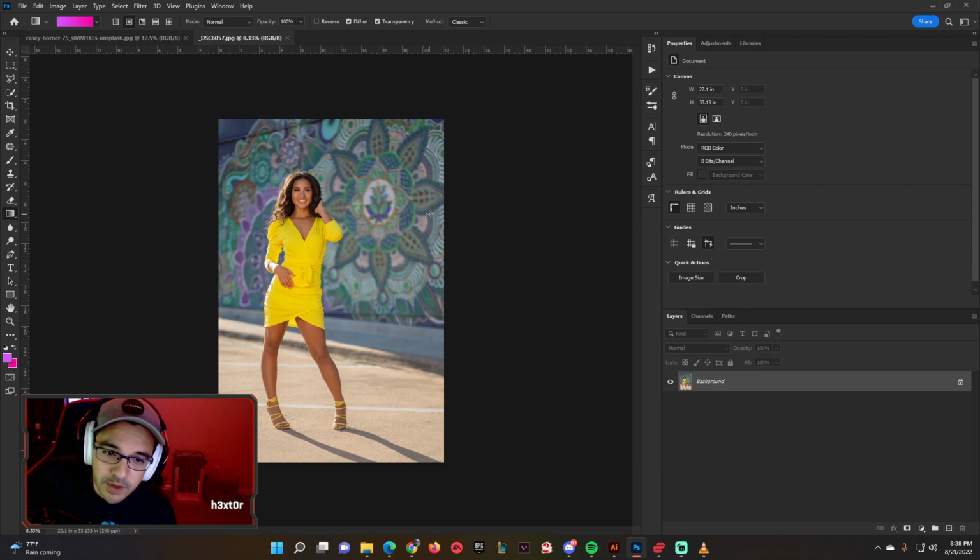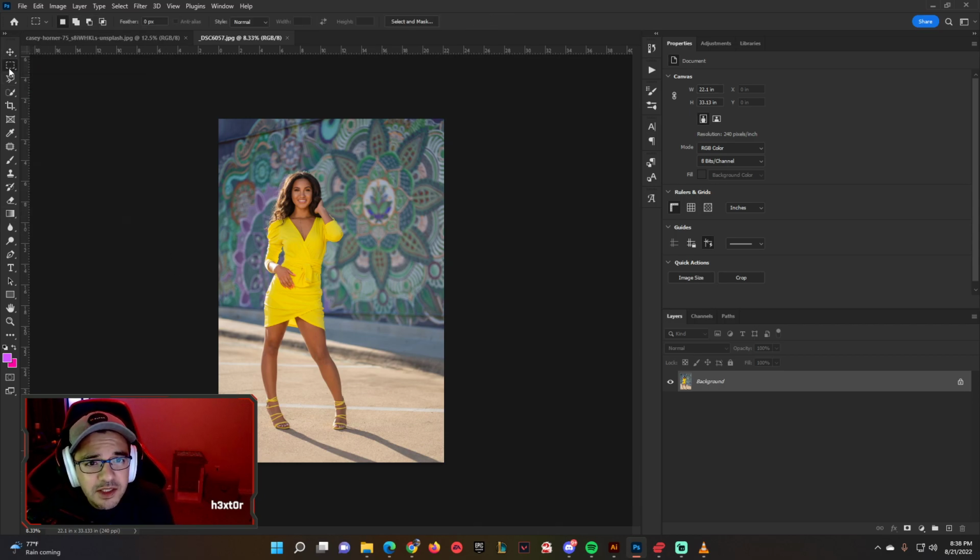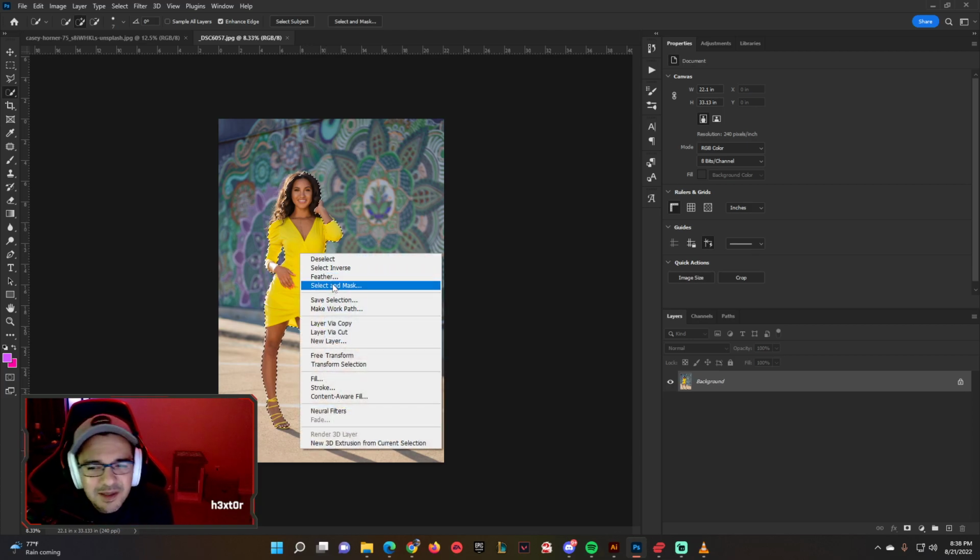So you all are working with this, and it's the first time that you guys are probably dealing with this kind of stuff. And Photoshop has done an amazing job at making this so much easier, because before this was a weeks-long tutorial that's now done in like maybe a couple of minutes. So selection tool, marquee tool, polygon lasso tool, and then quick selection tool. So quick selection tool used to be a tool where you would come in here and you click and drag and you try to select the subject as best as you can, right? And although this works and it does the job, it can be